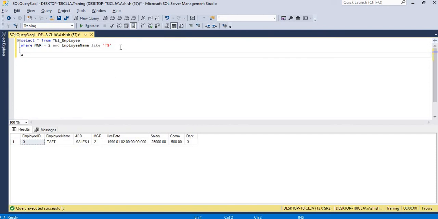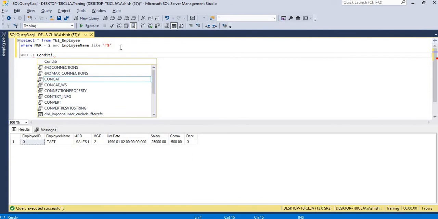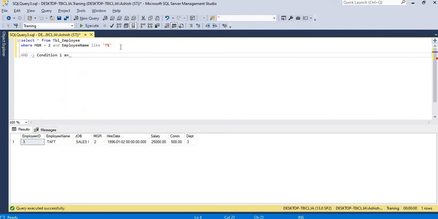So when we use AND, condition 1 and condition 2 both should be true, otherwise this will not return you any row. So suppose if I change here to J, this will not return you any record.